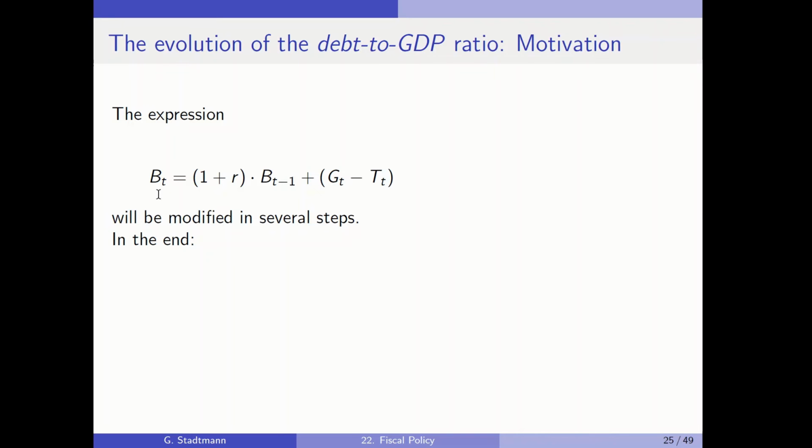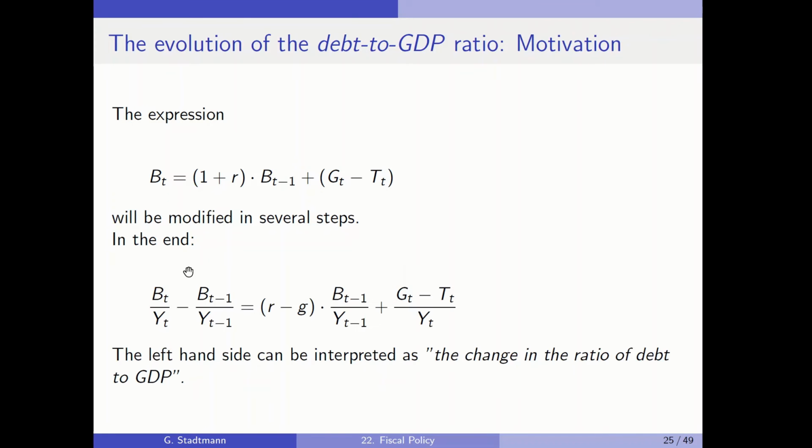So on the left hand side we have the stock of bonds outstanding in period t. This depends on the stock of bonds outstanding one year before times 1 plus the real interest rate, and then the primary surplus or deficit, G minus T. We will modify this equation in several steps, and in the end I would like to derive this equation here,